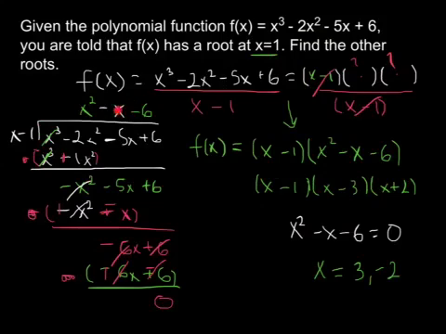And so I will ask myself, okay, what times x will give me negative 6x? And that is exactly negative 6. I multiply out, I get negative 6x plus 6, and when I subtract, these will all cancel. And so you get a remainder of 0. And it's important to remember that is what you're looking for. If you don't get a remainder of 0, why is that a problem? Well, it's a problem because this is a factor. x minus